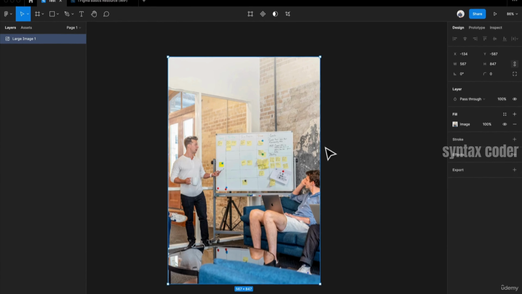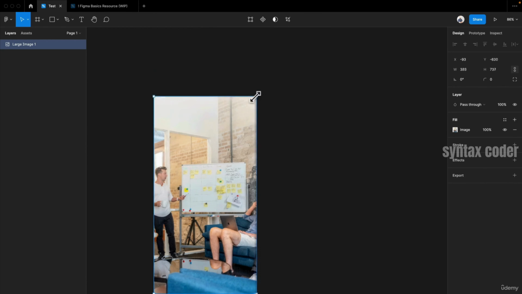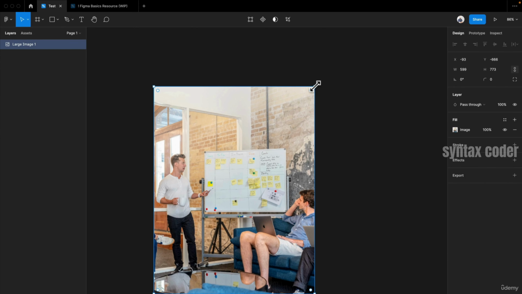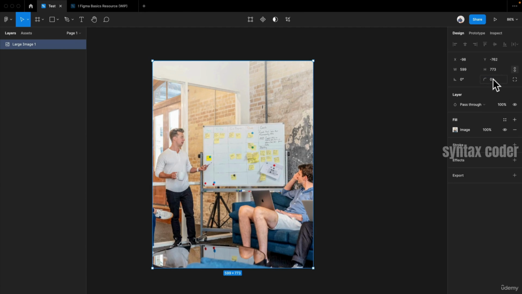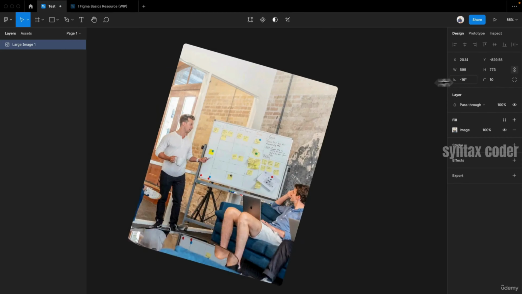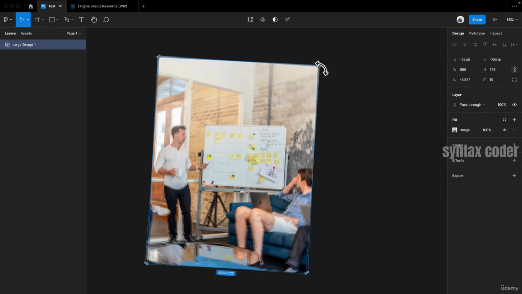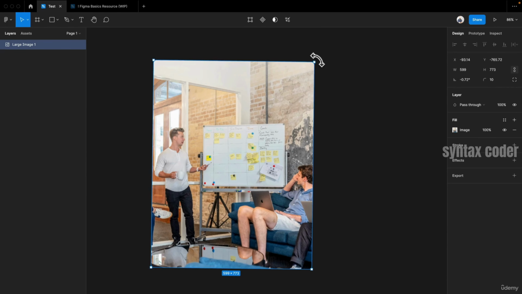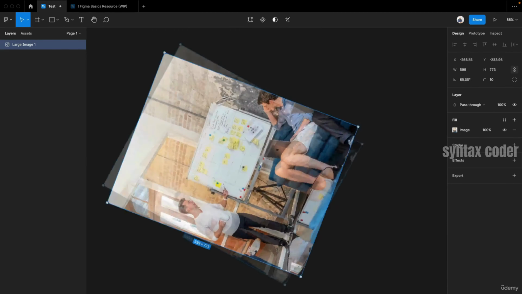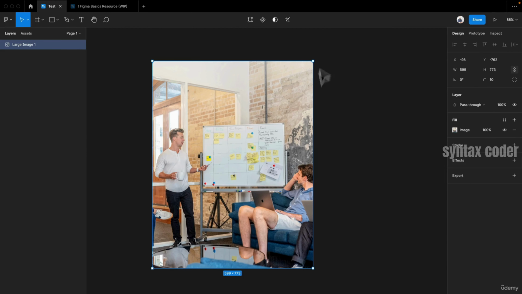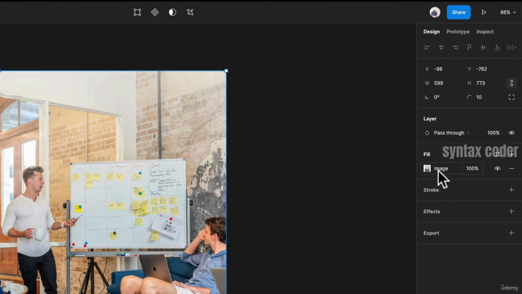So if you want to retain that original ratio of the image that you had. You can also just adjust things like the radius. You can adjust if it's rotated here. You can even do that here by just spinning it. You see this little angled cursor I have now. Now I can just take it for a spin. So that's really easy. And the other things that I really like about images is the settings right here